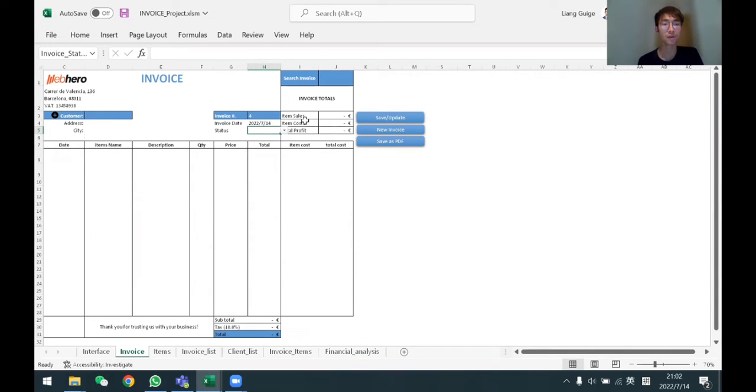Okay, so you can see most of the fields are clean, and the previous invoice number is 3, and this is a brand new invoice, so it was assigned a new invoice ID as 4. So the first thing we can do is add a customer name. We can just choose from the existing customer list. For example, we choose Leo, and the address and city will be automatically